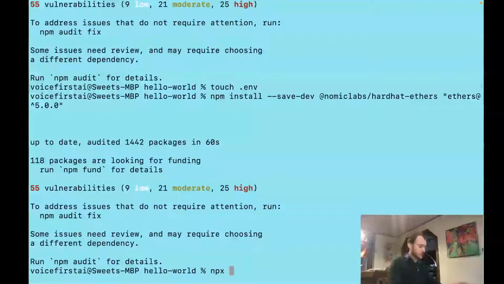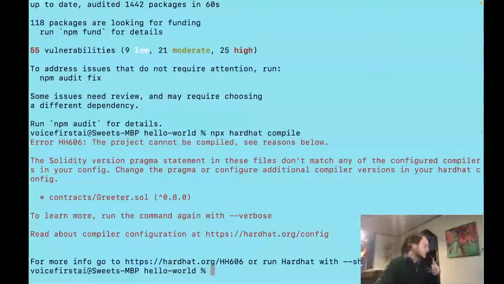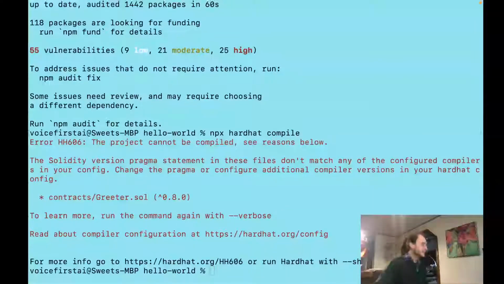npx hardhat compile. And this is going to compile two smart contracts, both the greeter that came standard as well as the hello world. And if you're like me and you do have this greeter contract, you'll see that it'll throw an error